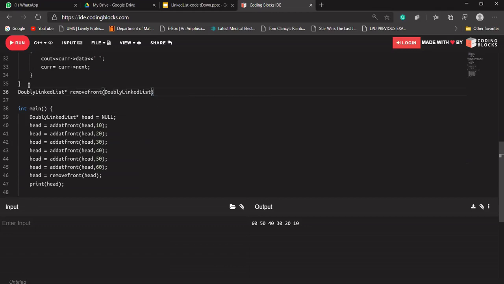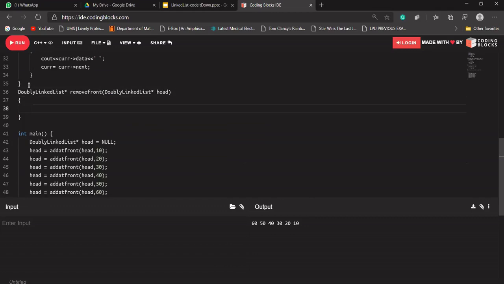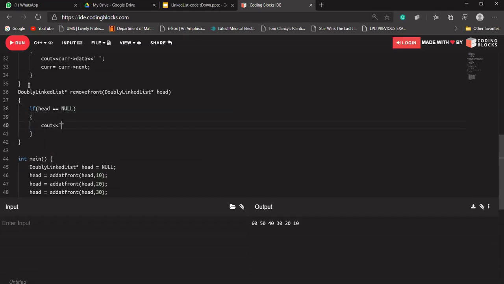We are passing our head pointer to it. Let's first check, as we were checking in the case of a singly linked list, whether head is equal to null. If head is equal to null, it simply means that our linked list is empty, and it should return that head value, which is null already. If there is nothing to delete, meaning head is already null, we cannot delete anything. It should simply return that the linked list is empty.